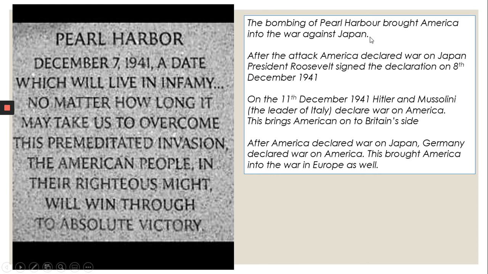So, the bombing of Pearl Harbor brought America into the war against Japan because Japan has openly attacked America. America aren't going to forget that and they are not going to let it go. So, they are now going to join World War II. After the attack, America declared war on Japan. And President Roosevelt signed the declaration on the 8th of December 1941. On the 11th of December, Hitler and Mussolini declare war on America. This brings America